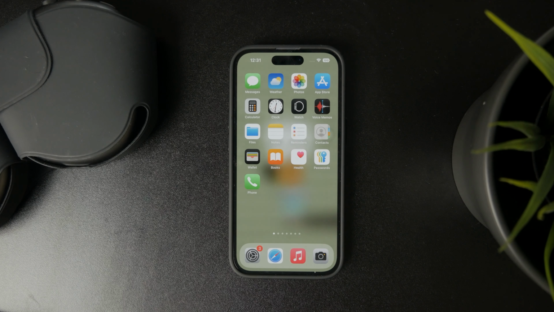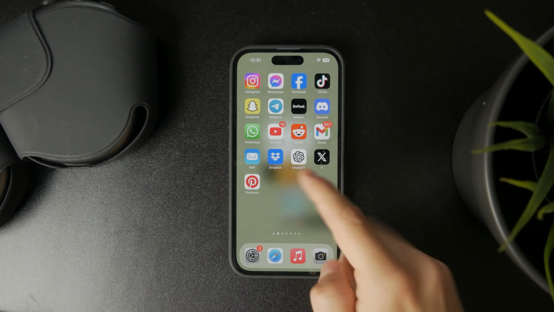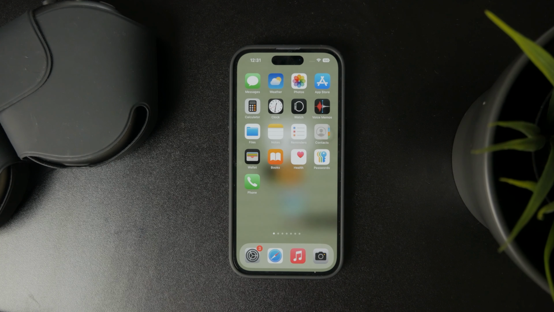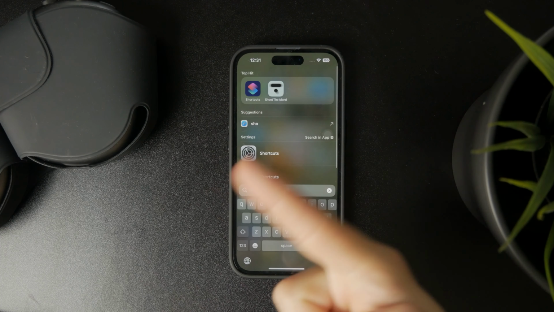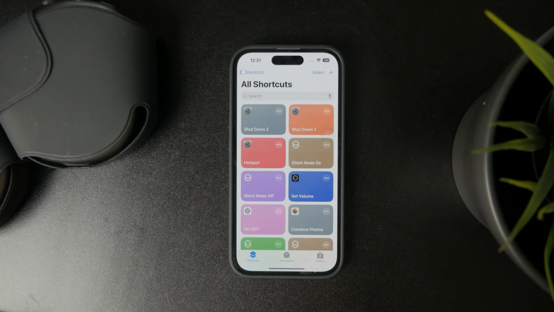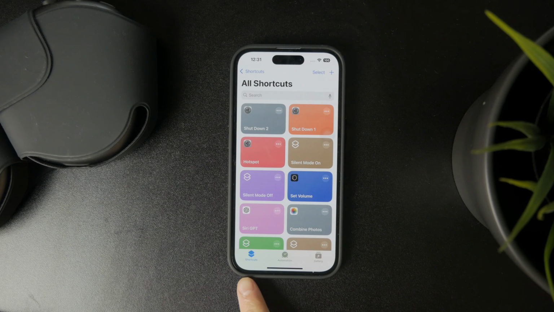This time the question is how to schedule messages on your iPhone. So this is a pretty simple process. You just want to ensure that you have the Shortcuts app downloaded on your iPhone. So once you do, you just open it up and then at the bottom you switch over from the shortcuts